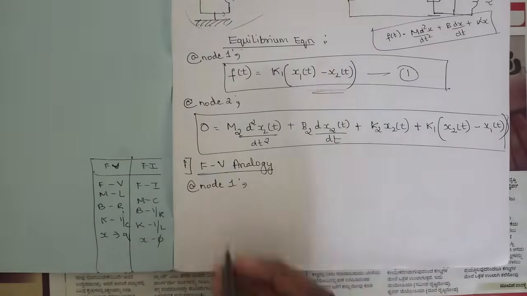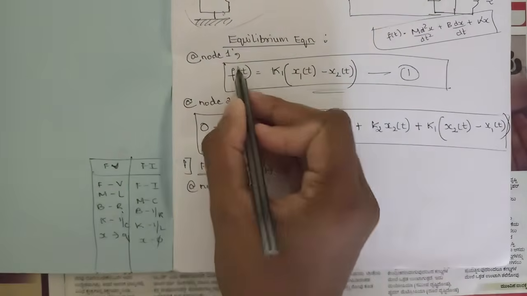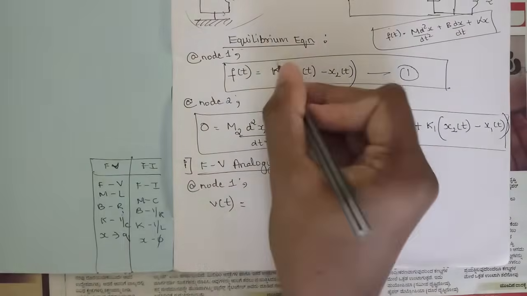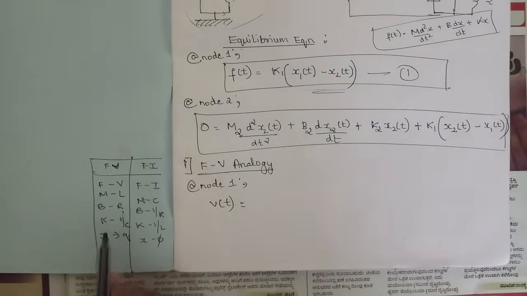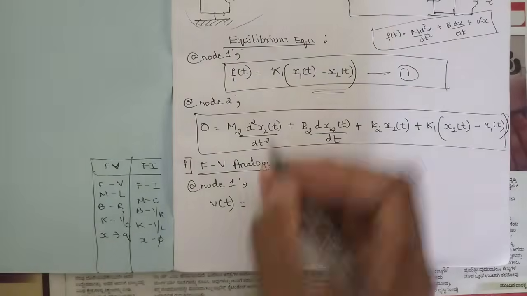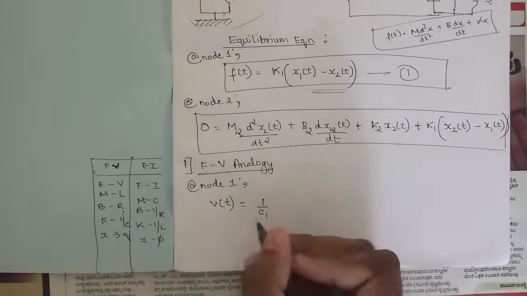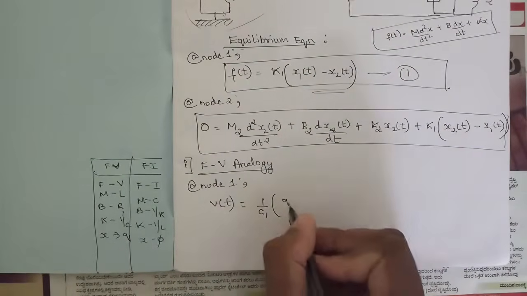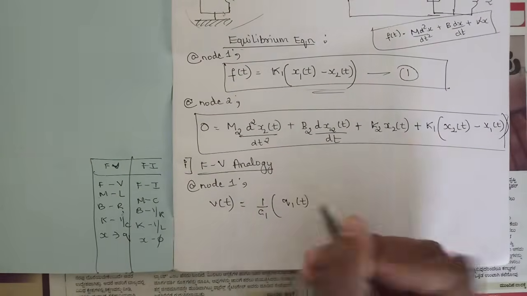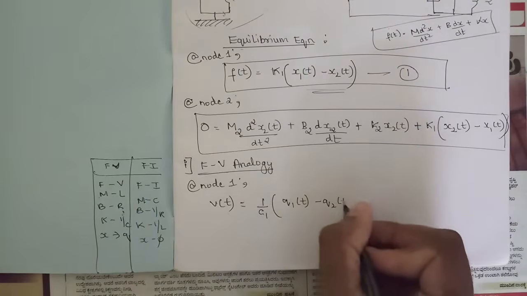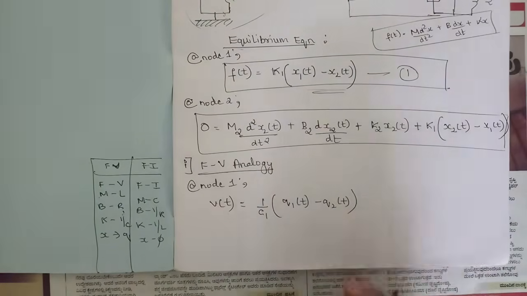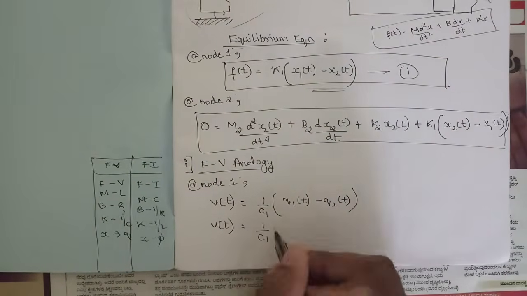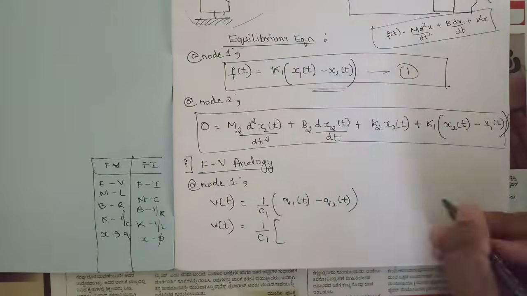First, we know that F is replaced by V. So in this equation f of t would be replaced by V of t, and that is equal to K1. K is replaced by 1 by C, so K1 would be 1 by C1 into X. X is replaced by Q, so x1 of t would be replaced by q1 of t minus q2 of t. Now we need to solve this, that is v of t is equal to 1 by c1 into, so we know that generally